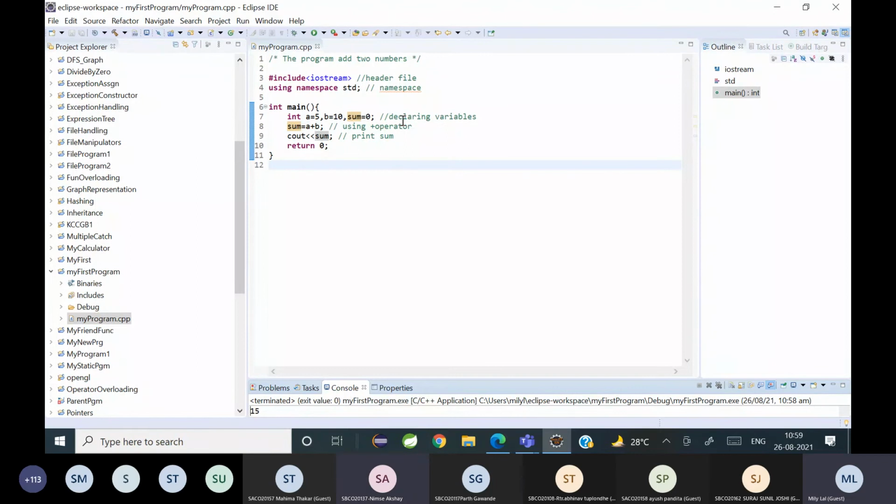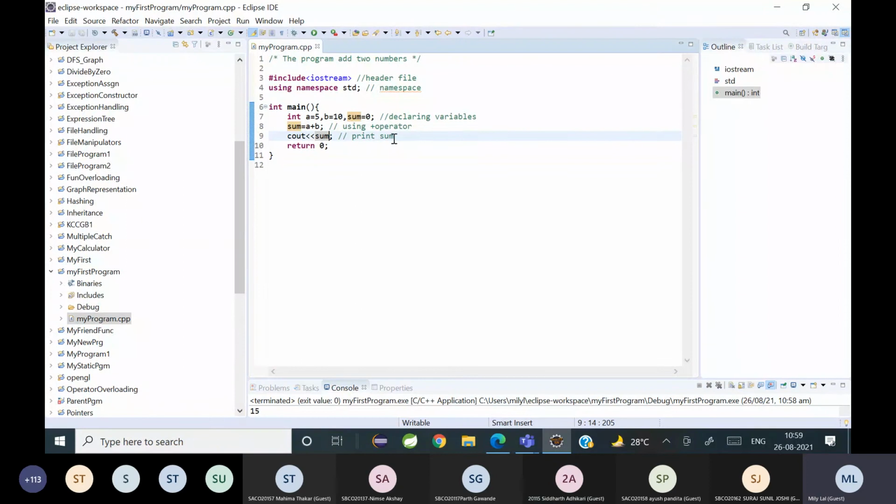Ma'am, in that cout statement, at last we can use endl also, no? Yeah, endl means, suppose I've got many print statements and I want to put each print statement on a new line, then you can use endl like this.